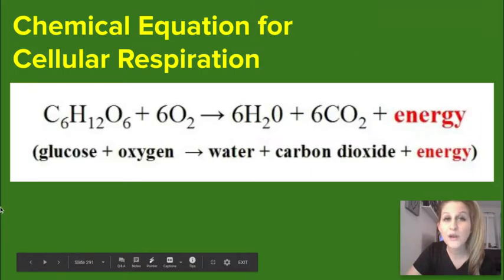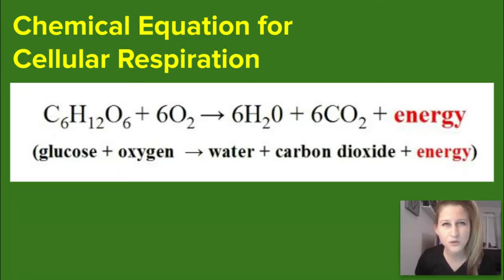There's an equation I want to show you. This is the chemical equation for cellular respiration. We're going to go through it quickly. On this top level right here, it just looks like a bunch of letters and numbers. It doesn't mean a whole lot if you're just thinking of the letters and numbers. So I have a translation for you underneath that describes what those letters and numbers signal. So our first one,